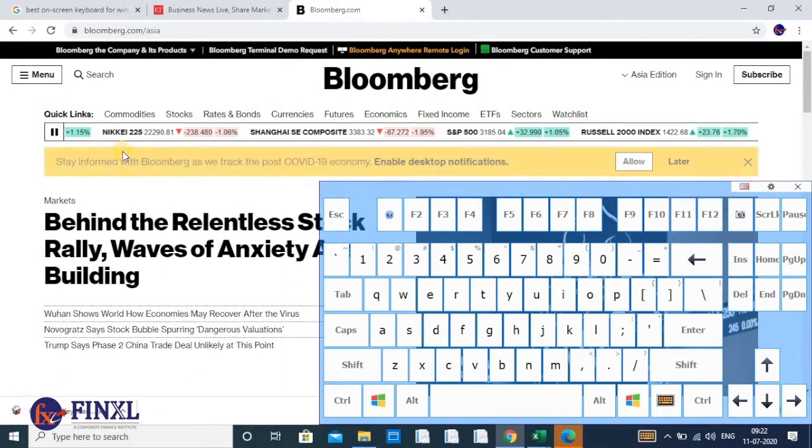Sometimes professionals work on multiple screens, and in that case, you have to arrange your multiple programs on multiple screens so that you can see the data side by side. For example, I have only a single screen system, I'm not using a multi-screen system. In that case, the shortcut to see two different programs side by side to compare the numbers or the data is window left arrow.